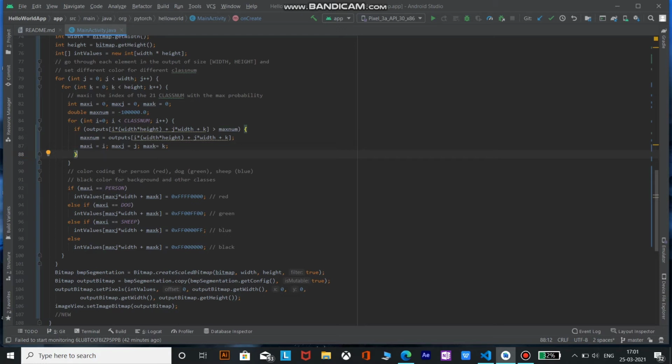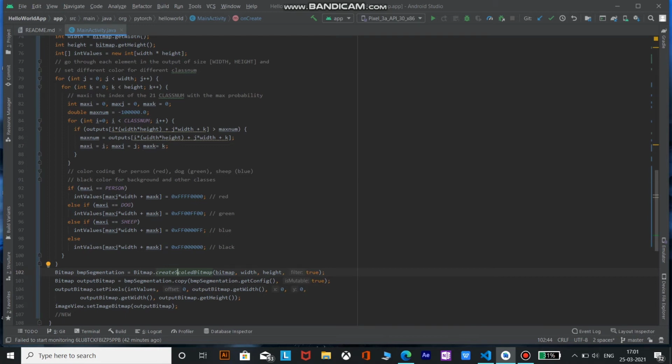Now what we need to do is create a bitmap for the output, what we need to see in the image view. So we create a bitmap by using Bitmap.createScaledBitmap. We pass the source bitmap, that is our deeplab.jpg bitmap, and the width and height that we just got at the start of the video.